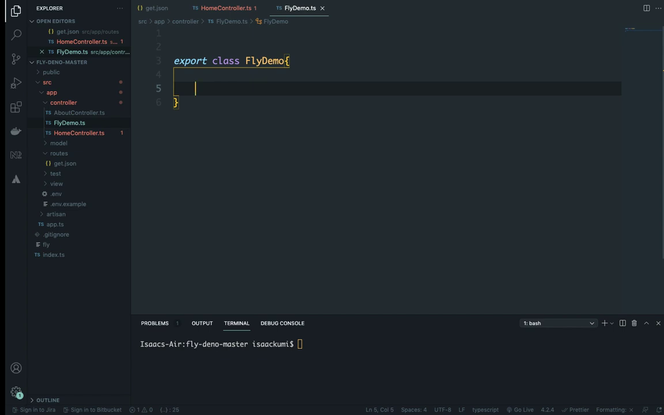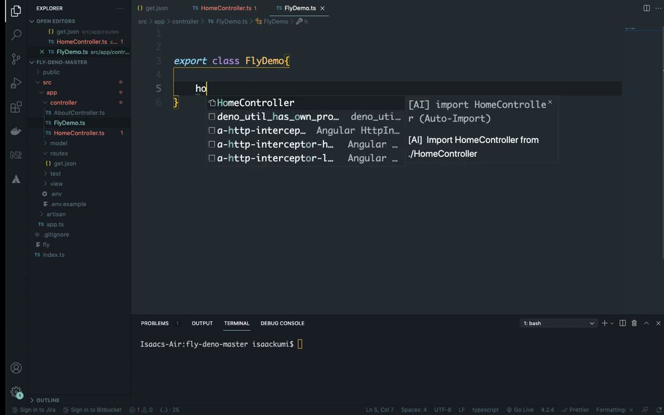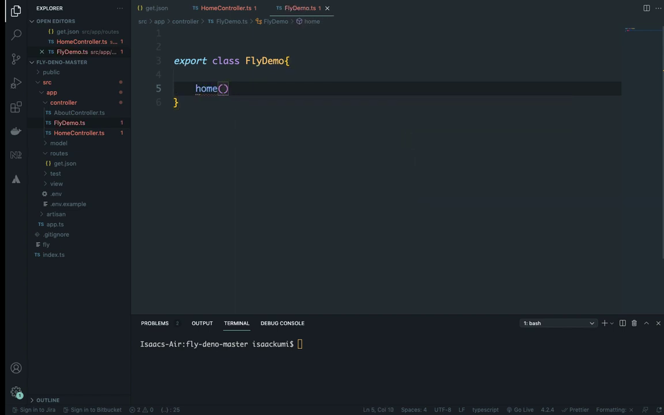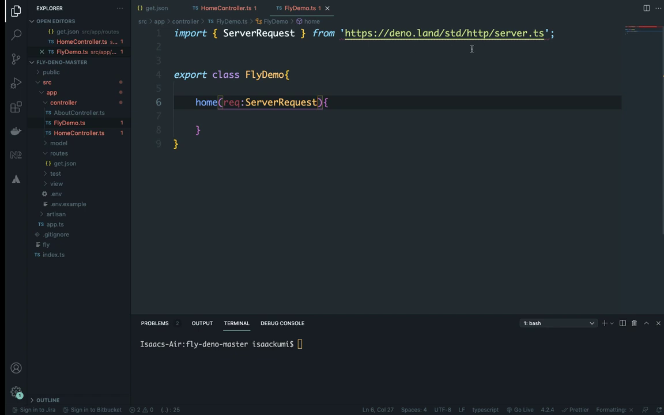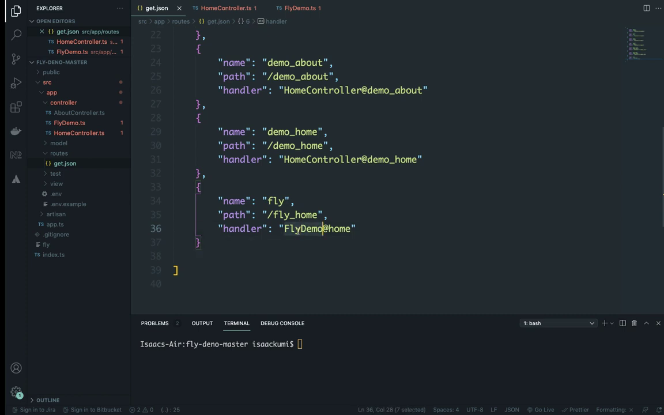And I'm going to define a function or a method, home. Now, home takes a request of type server request, which has been imported. Again, these things will be auto-generated by the framework in future. There will be a command line utility for generating all these things, so you just have to pass your class name in the terminal to generate all these files for you. Okay, so now that we are done creating this file and this class,